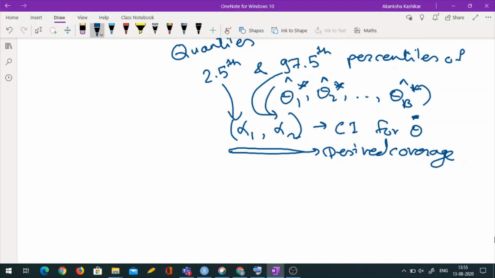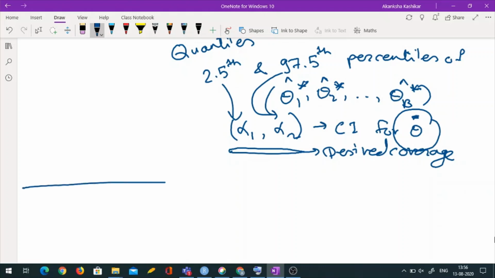But if the theta hat that I am interested in is an extreme order statistic, things may not go so well. Because, as you might have seen in the asymptotic class also, the behavior of extreme order statistics is much more messy. But for things like the median, bootstrap can give you a good approximation. This is non-parametric bootstrap. I did not write it anywhere, but this is non-parametric bootstrap.